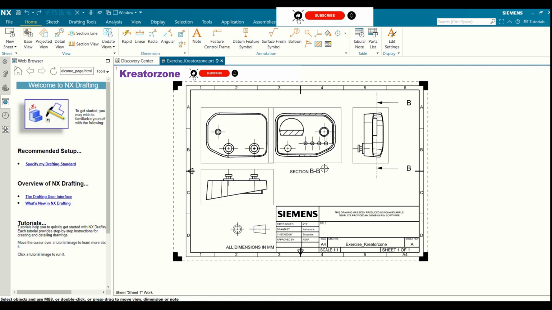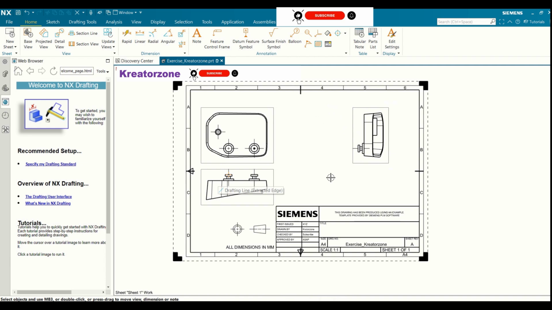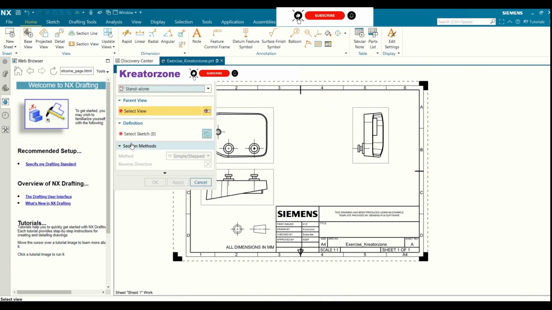Let us now create a section which is not a straight section, but if we have a section which changes the direction, we can do that. So before we do that, I will delete this section to make room. Click yes. Go to section line, select standalone, select the section view,